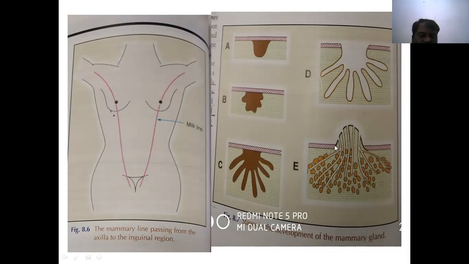And this is the ectoderm layer, that is the epidermis, thickened, and the outgrowth comes outside and opens by the pores; that is the formation of the nipple. These lactiferous ducts open inside of this. That's why in the adult nipple we can identify 10 to 12 nipple pores also. When the baby is sucking here at the sinus, the milk comes.